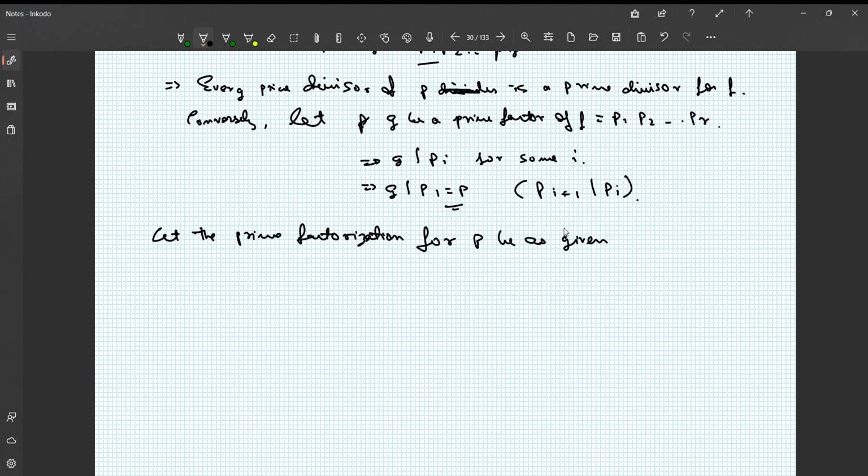We use the primary decomposition theorem. That is, we can have a direct sum decomposition of V in terms of the null space of each of the prime factors, right? So we use the primary decomposition theorem for the given P,